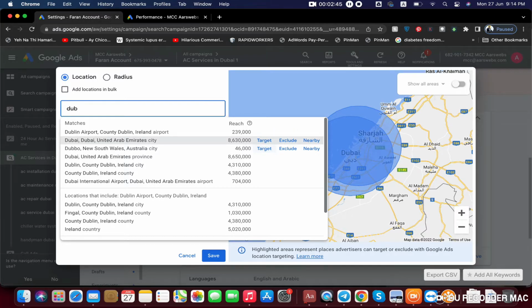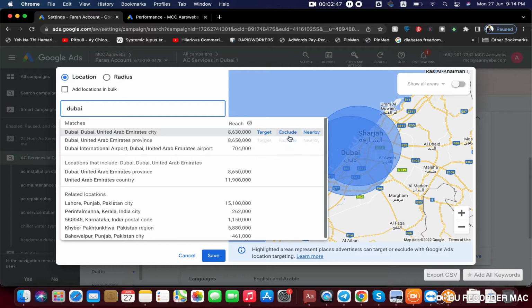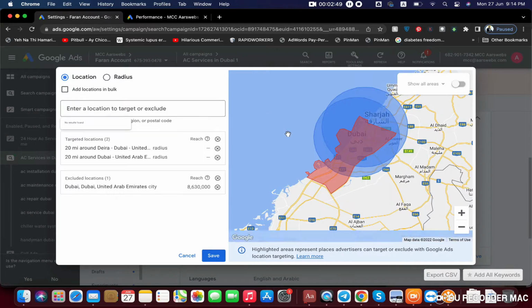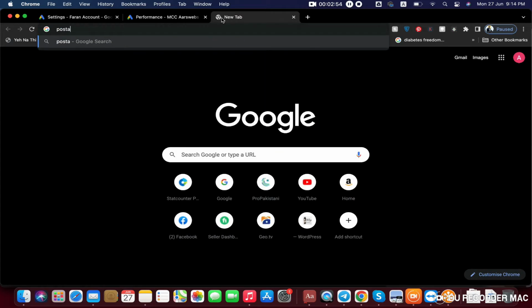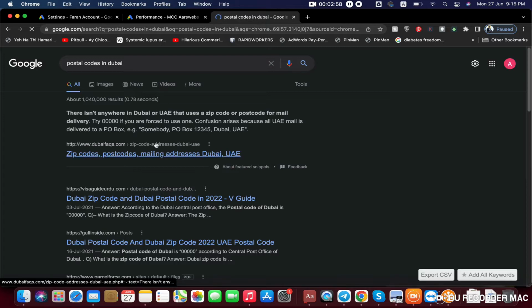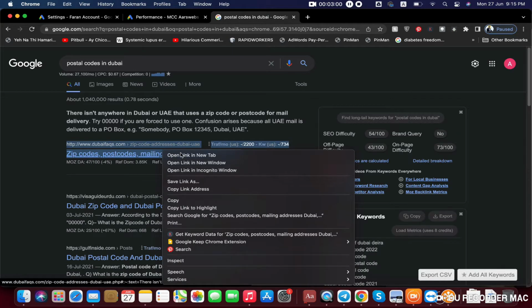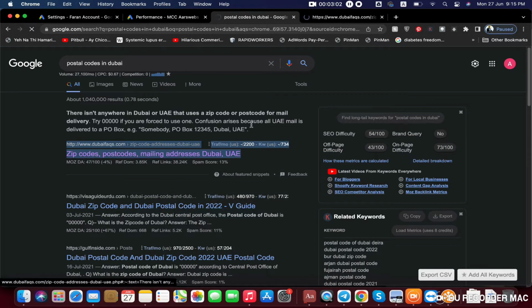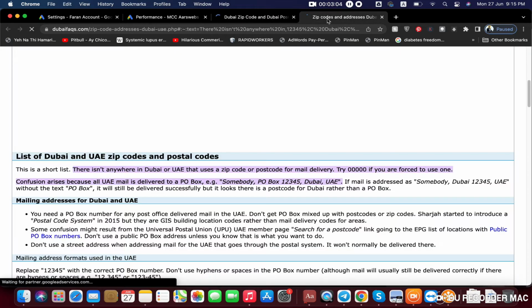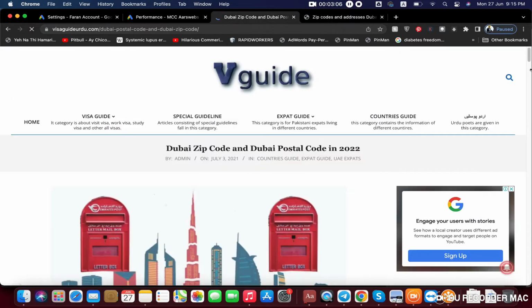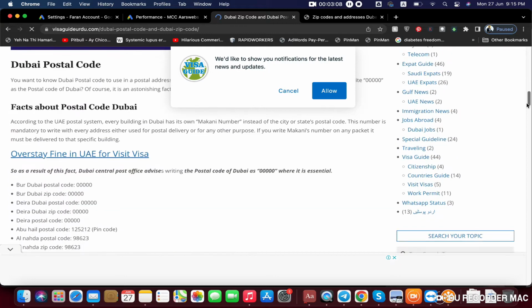So you can see I can exclude locations from here. I can select exclude and my ad won't appear here. But let's say if I have to do it through postal code, this is a very good feature through which I can target, include or exclude my locations, and that is I can select them on the basis of the zip